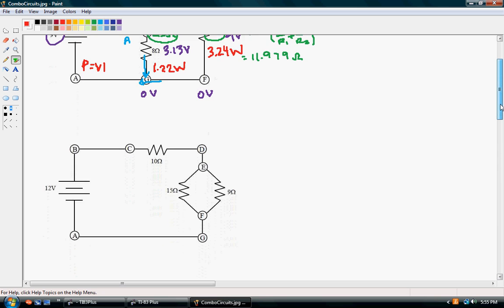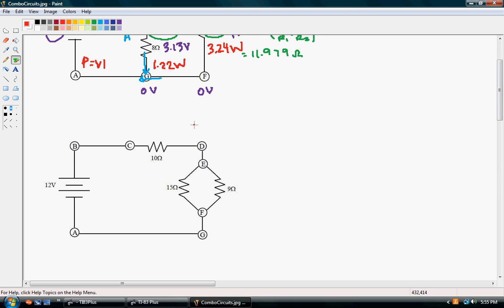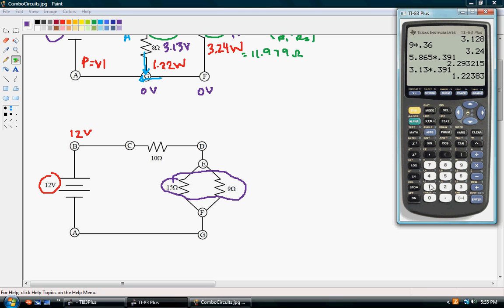Moving on to our next circuit, we have 12 volts as our total voltage, and we're going to continue to have 12 volts until we run into something. Notice that we hit this resistor here. These two resistors, the 15 ohms and the 9 ohms, are in parallel with each other. So to find their equivalent resistance, we're going to have to do 1 divided by 1 over 15 plus 1 over 9. And we get 5.625